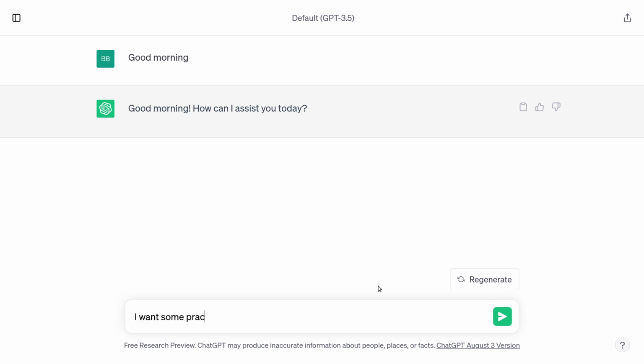I want some practice with pointer arithmetic in C. Can you generate 3 practice exercises